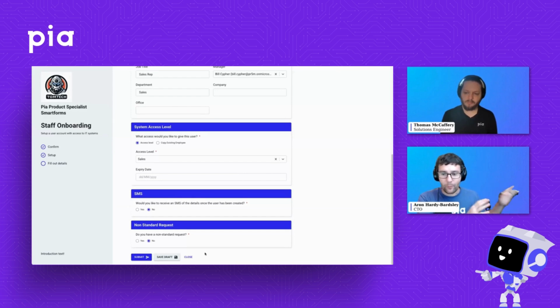You don't need to worry about necessarily what Pia is doing. It'll do its thing. It'll create the user. It'll do the Exchange licensing. It'll do all the bits and pieces that it's got pre-built. But then you can create your extension to do just your bit that you want to do as well. And if that's not enough, and you really want to create and customize the whole thing yourself, you can go that extra step further, and you can create the entire automation yourself. In fact, this automation, this SmartForm, and all automations in Pia's platform are built using the exact same functionality and technology that you have available to you as an MSP in the platform.